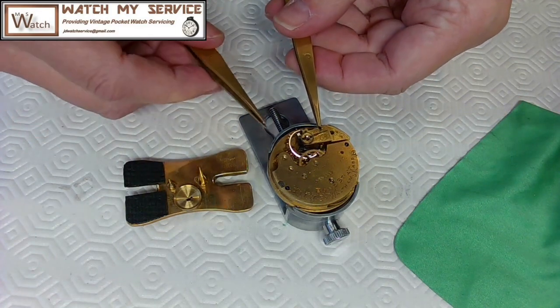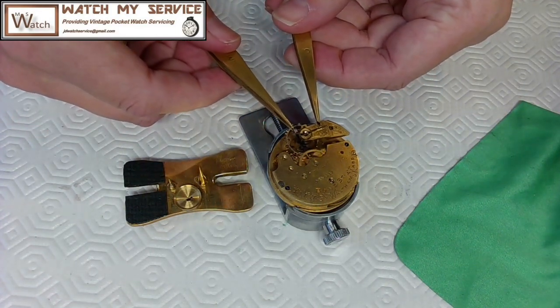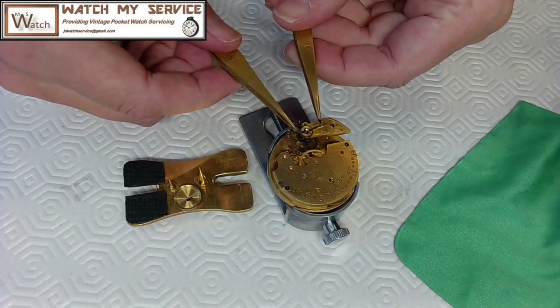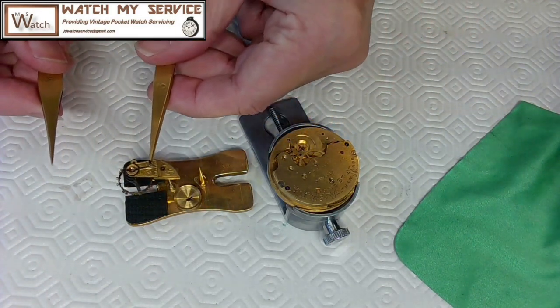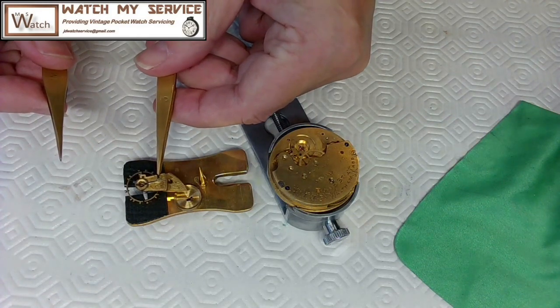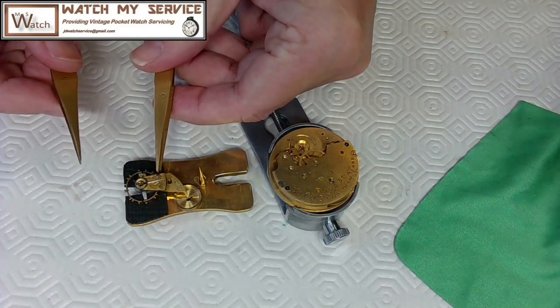And then lift it up with this hand and then shimmy it out with this hand. Dual-handed. D-U-A-L handed. Now I got to take the